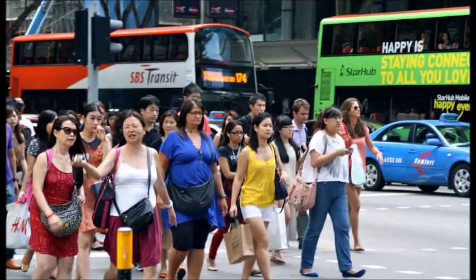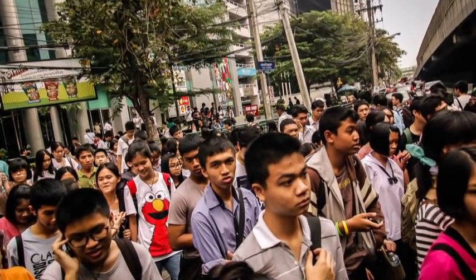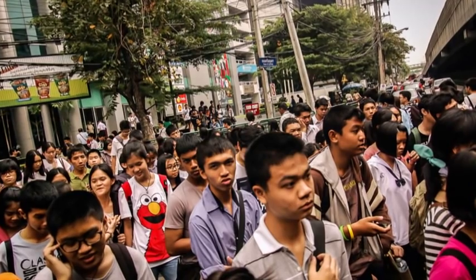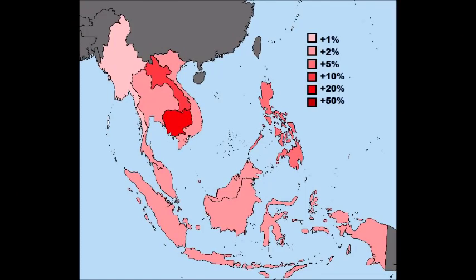Speaking of Southeast Asia, because so many people in Thailand, the Philippines, and Malaysia have full or partial Chinese ancestry, they would lose a large chunk of their populations. However, when taking recent global diasporas into account, the Philippines would gain around 5 million people, Indonesia, Vietnam, and Thailand all around 2 million each,